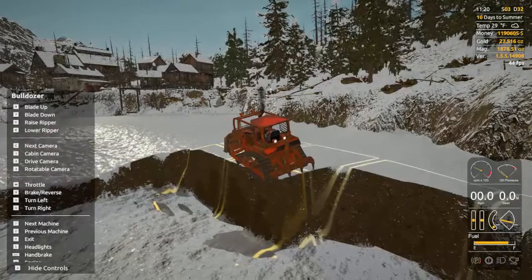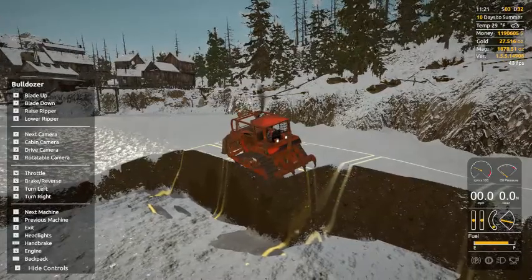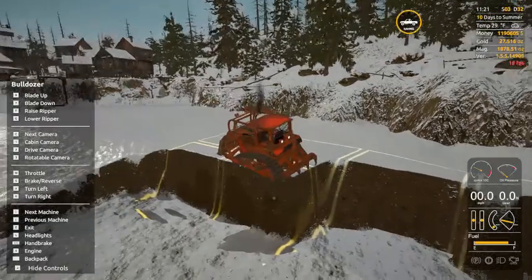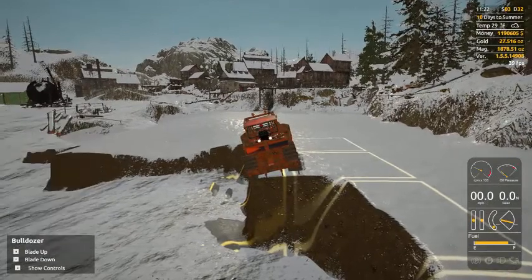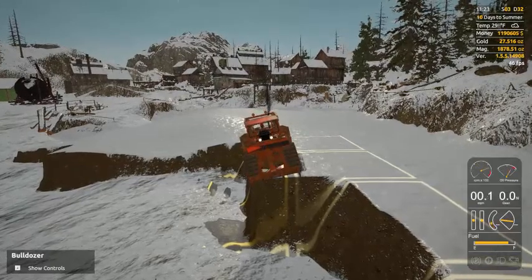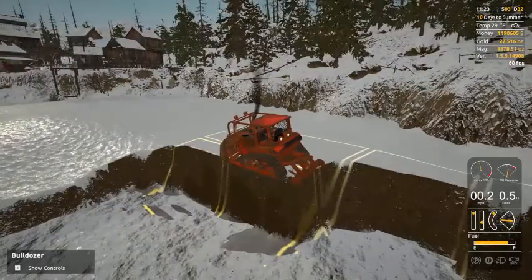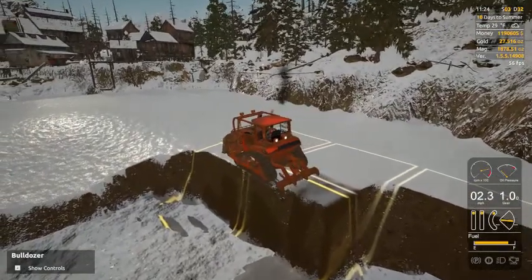Okay, I think I need to push. Let's see. Raise ripper and lower lipper, T and G. Dude, we're sliding off. So, oh, that's the wrong one. Well, that kind of propped us up actually. But this is the first